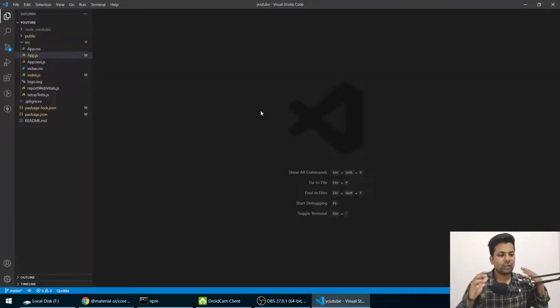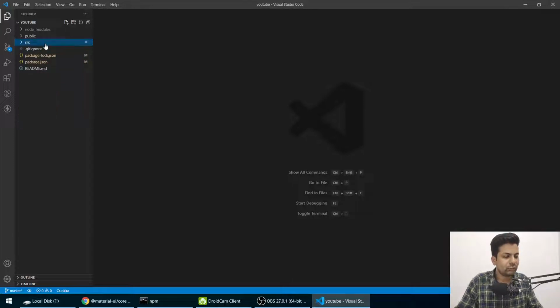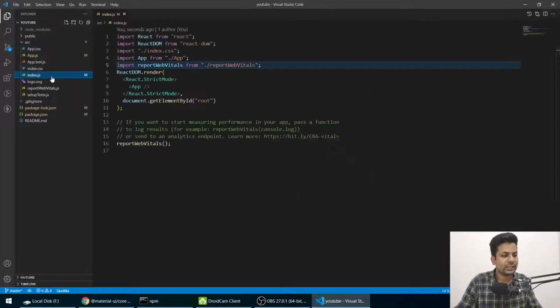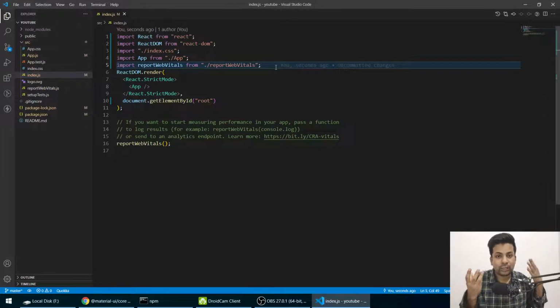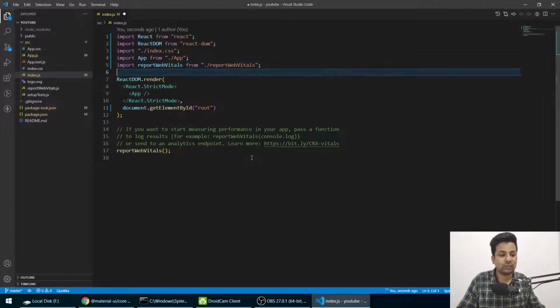I'll be using VS Code. Firstly, you have to open the src folder and then index.js. Here you have to import the Bootstrap CSS files, because when you use classes, you can't just directly use them, you have to import it here.